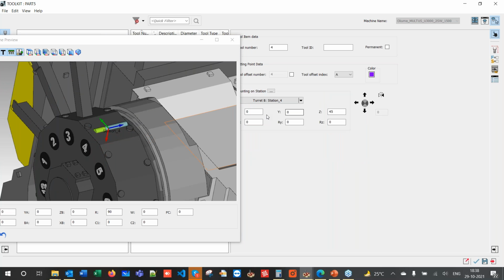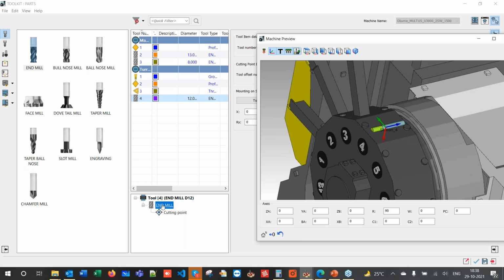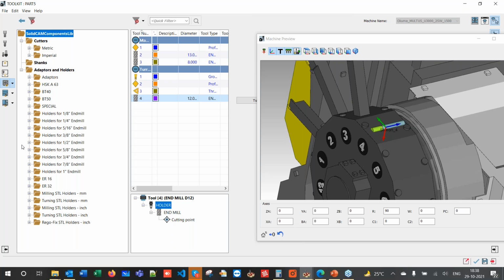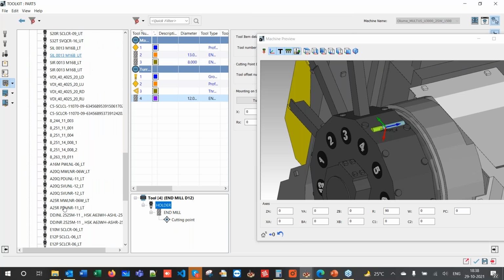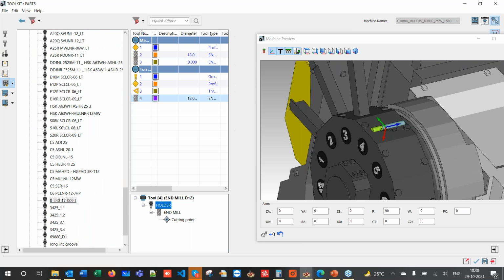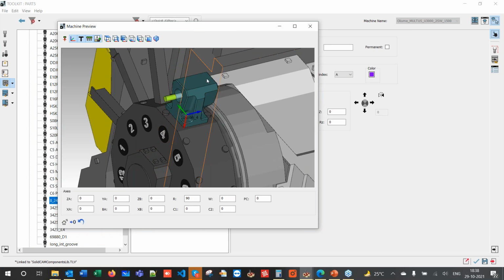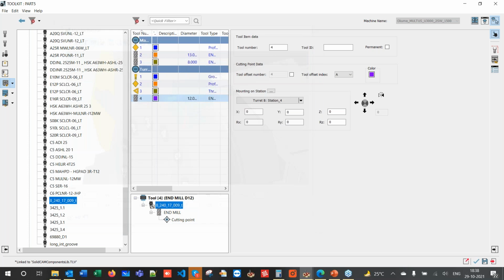We go to the access page, and here we will define a holder. So first, let's define a holder here. I'll just click on add holder, and in the turning STL holder, let's select this one. Okay, it looks good. Yeah, that's pretty much it. We'll click on OK, and then